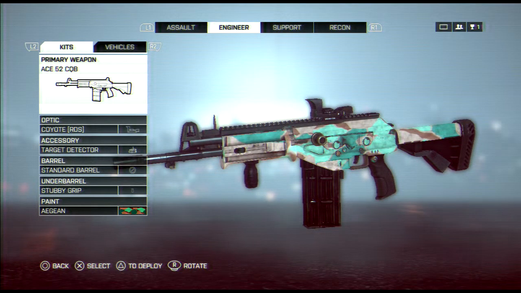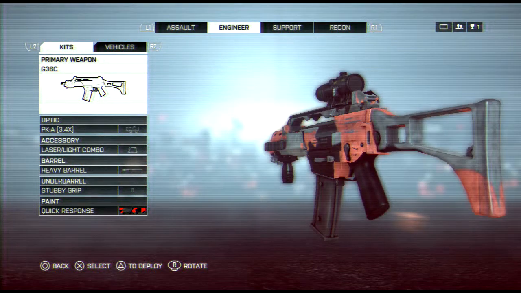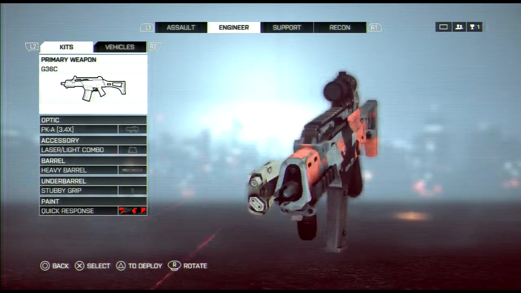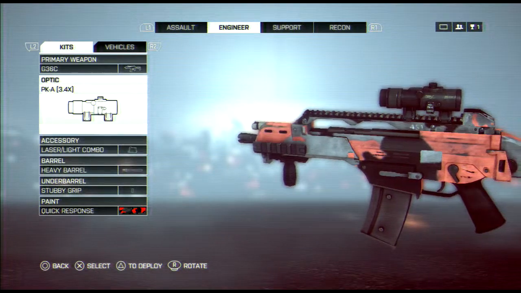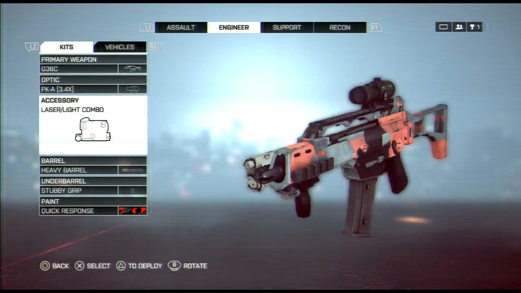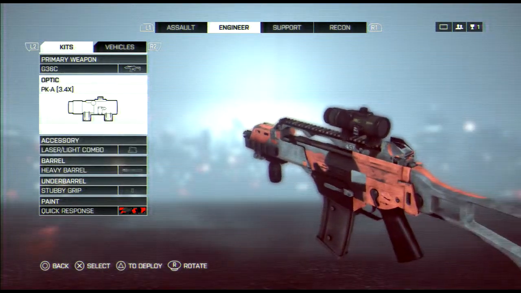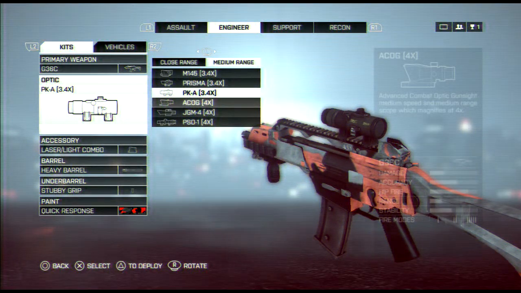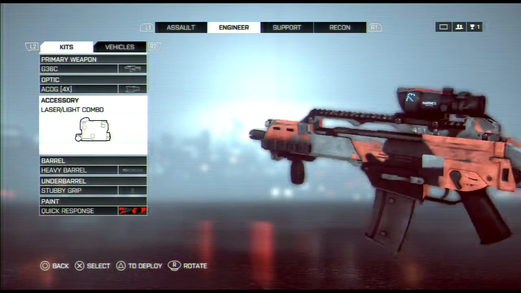Agent camo because it looks really cool. The G36C. Now this, for some reason, whenever I pick this thing up, I go on some serious kill tears. I think it's the combination of attachments that makes it accurate, but I go on some really long kill tears with this weapon. Basically, to start this thing off, I started off with an ACOG sight on this and a